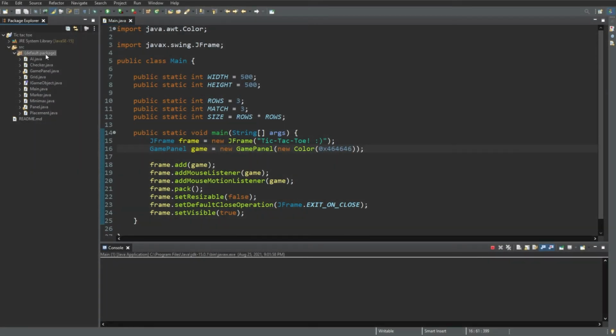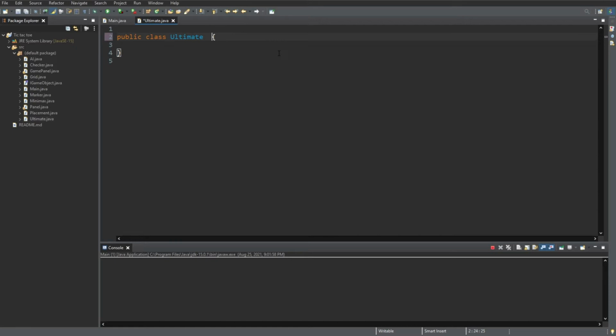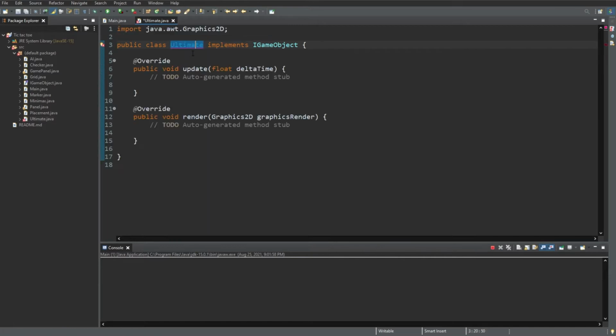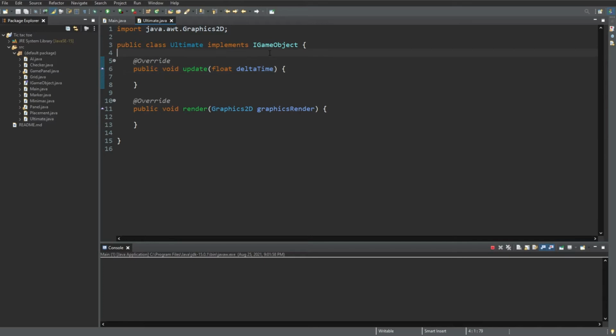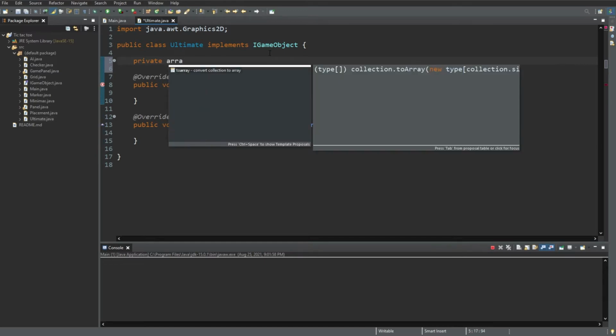We will start by making an ultimate class. In this ultimate class we will define all the rules and set everything for tic-tac-toe ultimate. And because we want to render and update, I will also implement here the IGame object. We can import all the unimplemented methods, and I will quickly remove the comments. And instead of having one grid, I will create a new list for the grids. So create a new array list